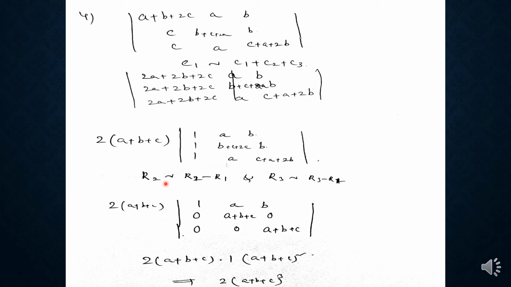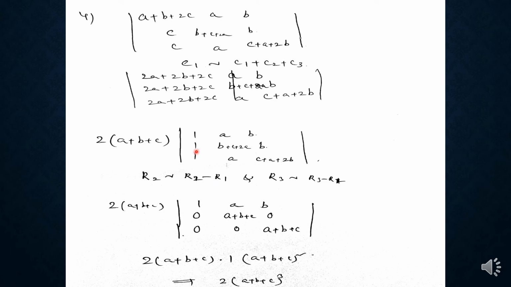So now if 3 ones are there in any column, then by taking the row operations, 2 ones may be changed into zeros. So here we have to change R2 and R3. One is in the first row, second row and third row. So second row and third row ones are changed into zeros by using row operations. So here R1 is constant. We are not changing R1, 1 a b. Now we are changing R2. R2 changes to R2 minus R1.